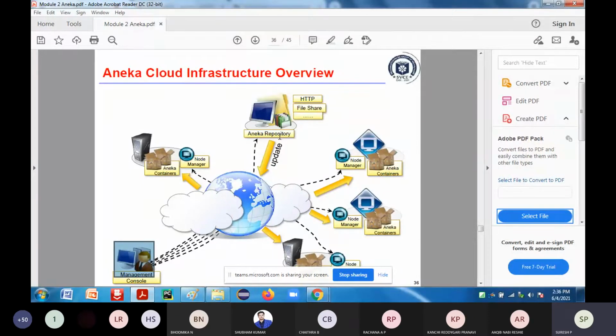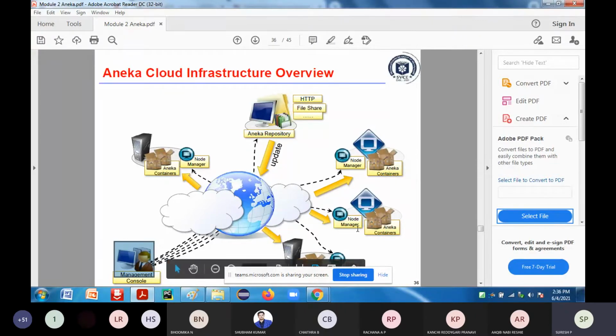So whenever you deploy the cloud, I have to view it in such a way that each particular node may suit a different type of configuration.